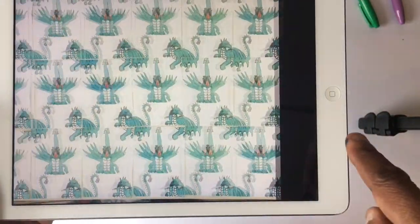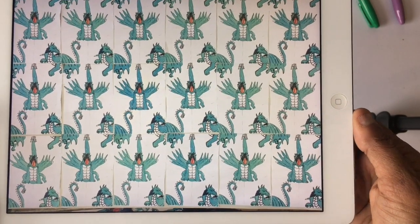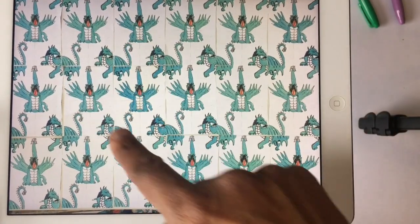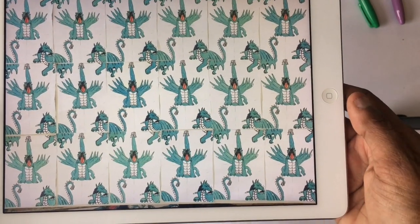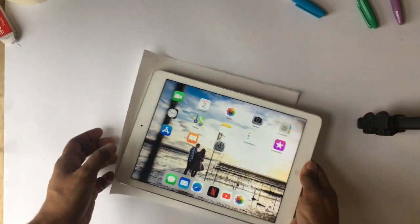So we're going to look at how we do that today, and this is an example of one created by a student where they've taken one drawing, that's one tile there, and they've added them all together. So that's what we're going to do today, and the equipment that you need to do this